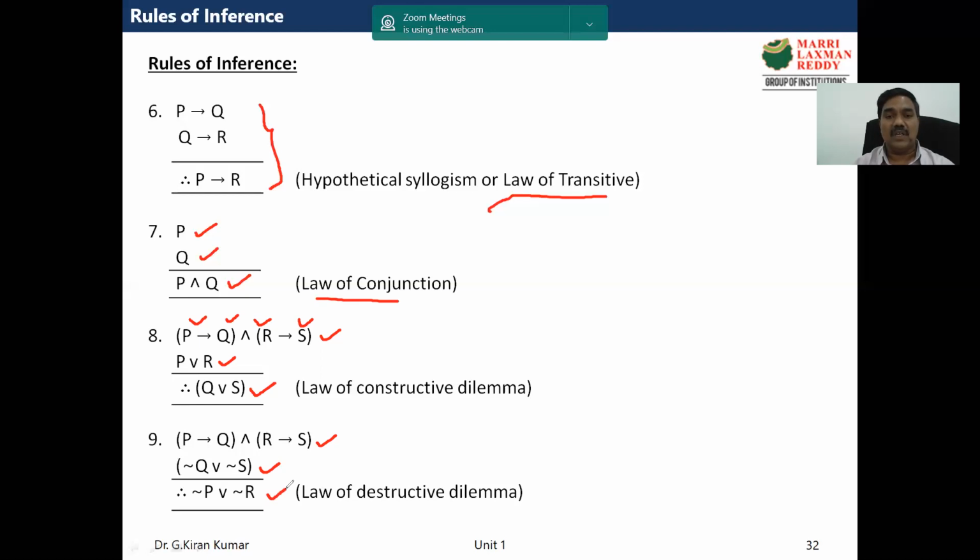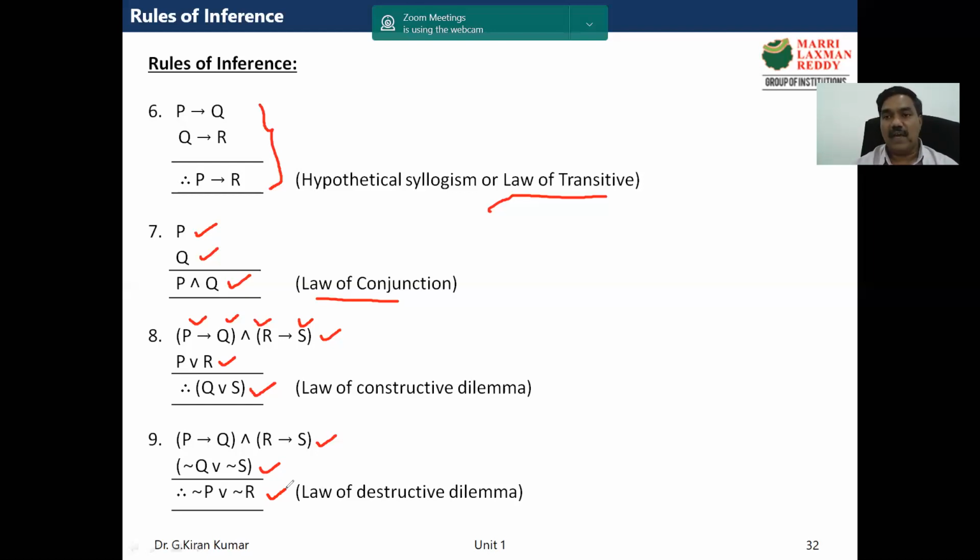Okay. So these are the 9 inference rules. For any inference rule, if you have a doubt, we can always cross check with the standard method. And what is the standard method? Already we have propositional functions. So you get the tautological form or the propositional function and check whether it is a tautology or not. It must be a tautology. For all these 9 inference rules, if you see the tautological form, it must be a tautology. Hence, we can conclude all these are valid inferences. So therefore, we are studying these 9 rules as rules of inference.